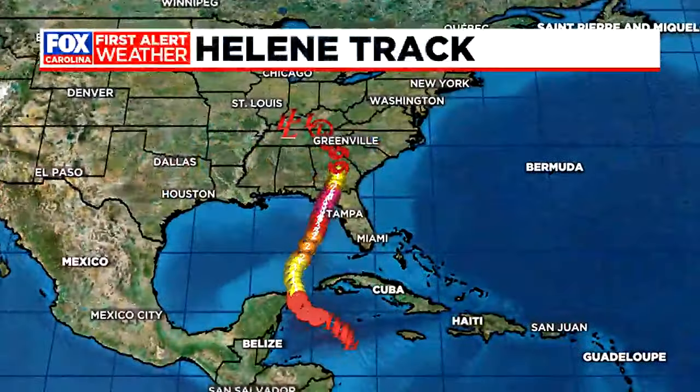Cleanup and recovery efforts continue across the Carolinas, Georgia, and many other states in the wake of Hurricane Helene that came through last week. Still so many, of course, in the upstate and western North Carolina alone are without power amid so many other issues and catastrophic scenes that have been unfolding. I want to take a look back now at some of the history here of Helene's track through its life